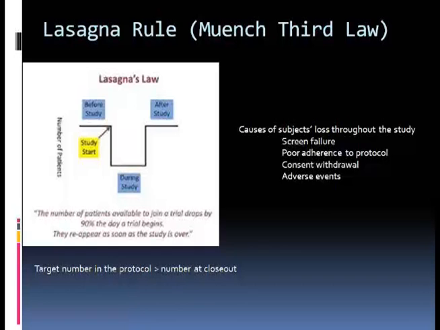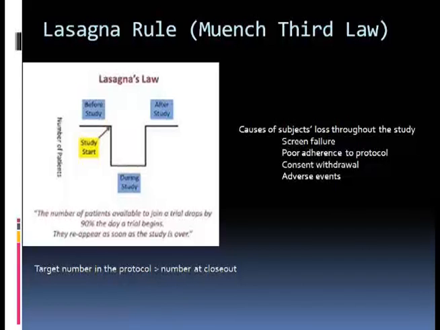Causes of subject loss throughout the study, so other causes for not achieving the target number. You have, of course, screen failures, poor adherence to protocol, and the more complicated the protocol, the worse. I now have a trial of inhaled nitric oxide, which has to be given 24/7 by a special nasal cannula because it gets inactivated very fast, goes into the atmosphere, becomes NO2, and that's toxic. And patients literally, they shower, whatever they do, they have to have that one, or else you can put them in heart failure or a pulmonary vasoconstrictive crisis. I don't know how many patients are actually going to be able to be enrolled and to adhere to the protocol appropriately.